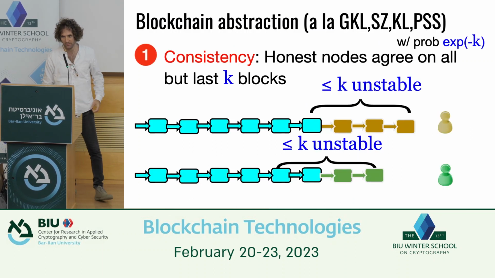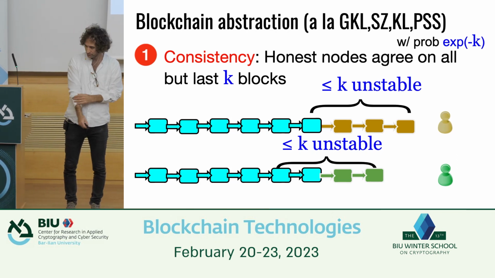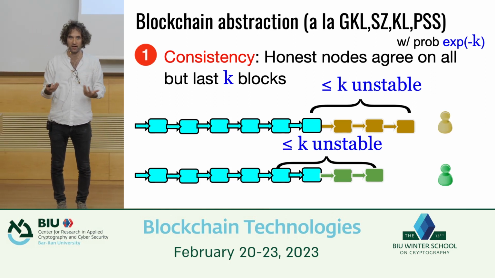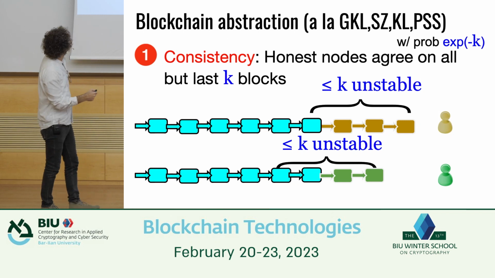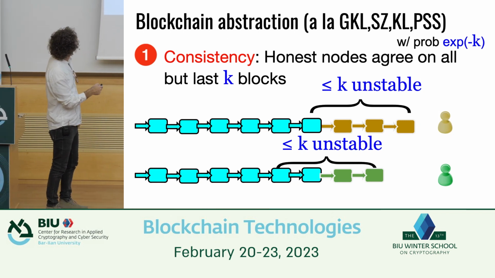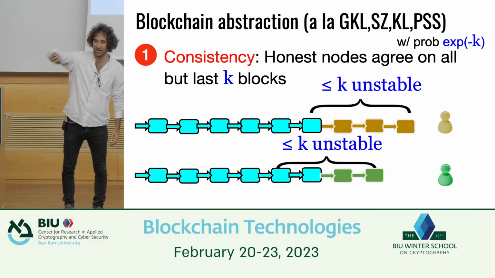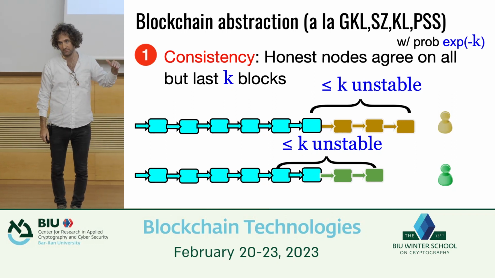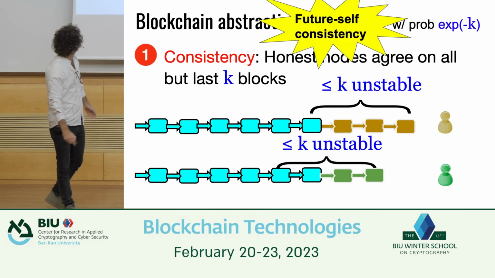So that now brings me to the definition of what a blockchain is. Capturing Nakamoto's idea that things are only consistent when there are many things afterwards, the way we'll define consistency is to say, take any 2 honest nodes. If I get rid of k blocks at the end, where k is a security parameter, then we should agree on what's there. That's number 1. So that's what consistency is.